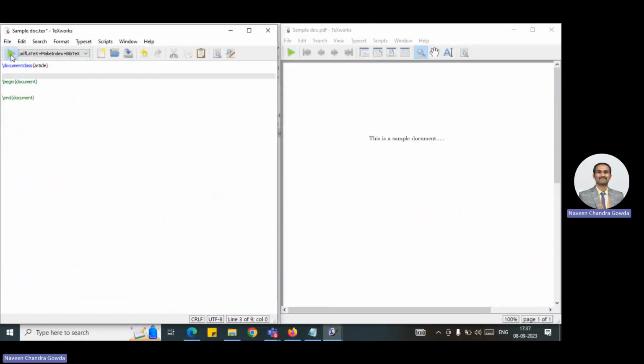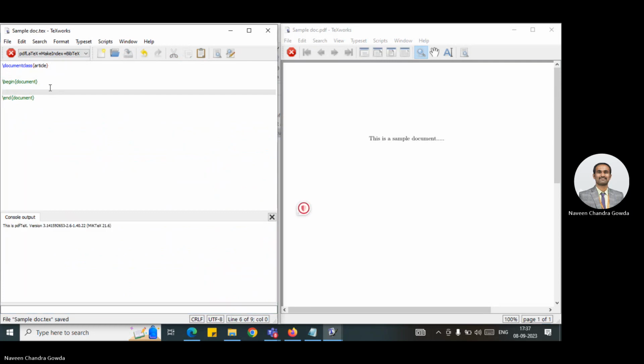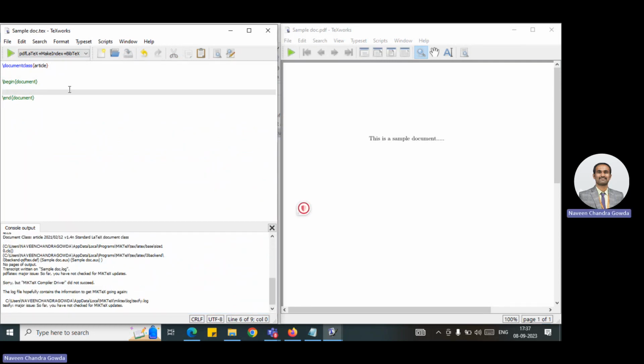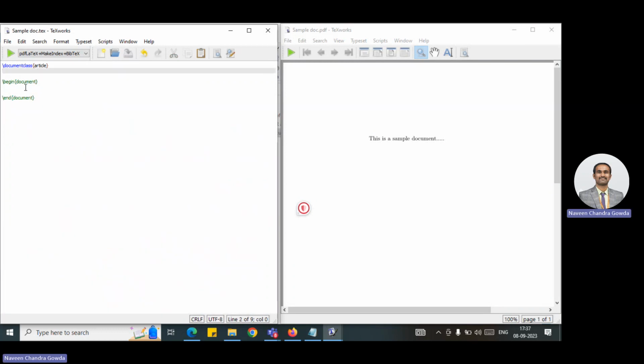So a simple sample document I am creating with the document class, as usual mentioning article, because I am creating a sample article right now. Inside the begin document, you may have any content. If you are having so and so data like this, then later inside the section, say for example,